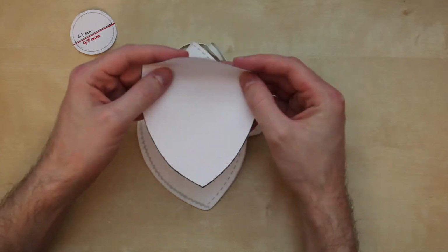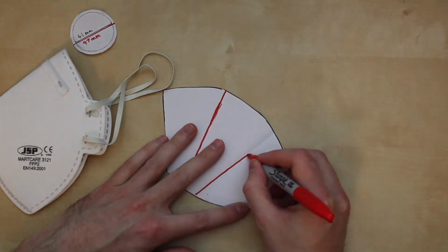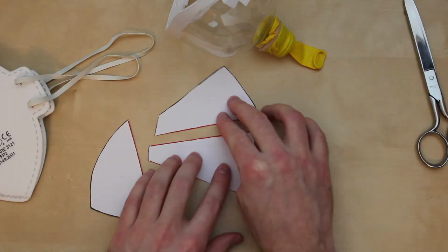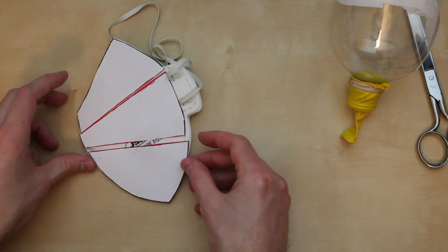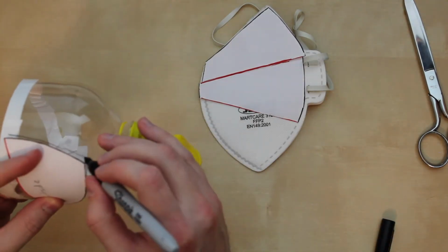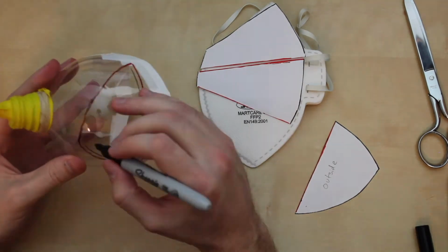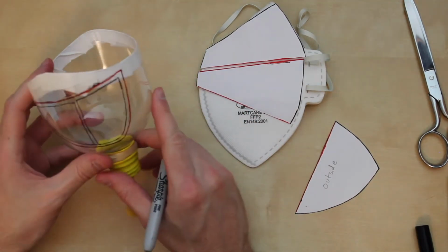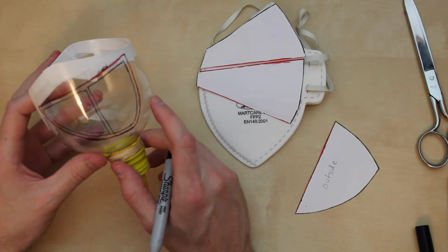Alright, I want a mask that I could do some light activity in, like going to the shops, and that I've got no doubt that I can breathe very comfortably through. So I'm going to go with 40 square centimeter pieces, and with a mask like this, that means dividing it into 6. I draw around the template, and then I remove an area that's 3 mm inside that outline. The 3 mm edge means that you can tape over the top and secure the filter all the way around